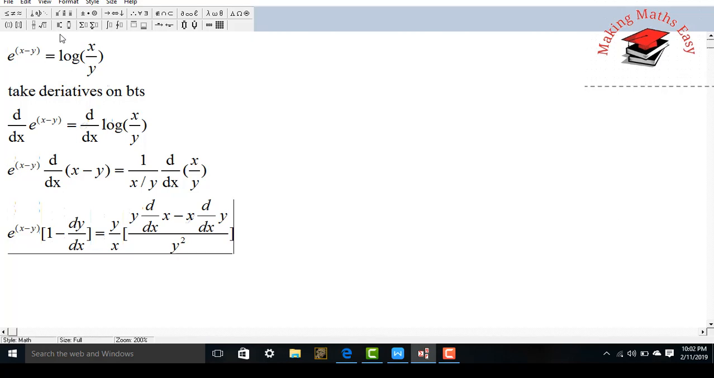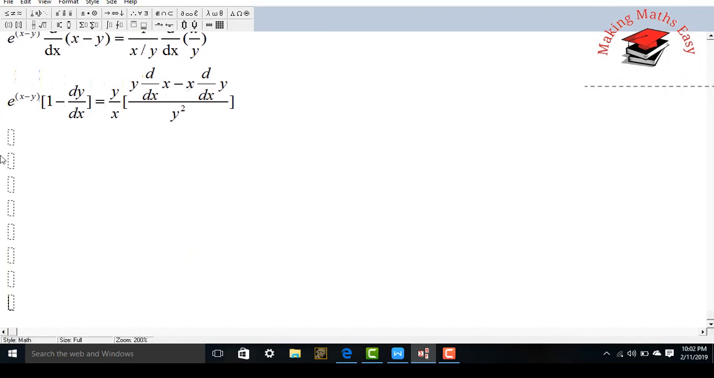So now we have done. Now we have to express it in the form of dy by dx. Write it as it is, or we can multiply this e raised to xy inside the bracket. So after multiplying it, I will get this, and then dy by dx. So e raised to x minus y minus e raised to x minus y dy by dx, which is equal to